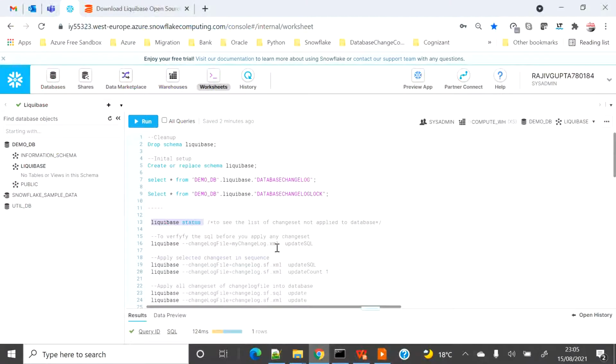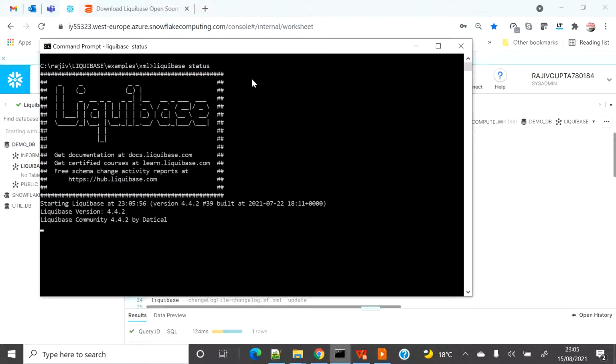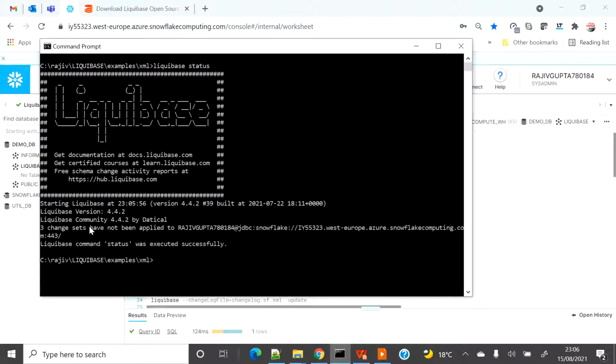So let's start. Let's check the Liquibase status first. It's taking time. Okay. So it says that for this default XML file, as I said, there are three change sets, and they have not been applied because I have not applied anything. I just started with my demo.